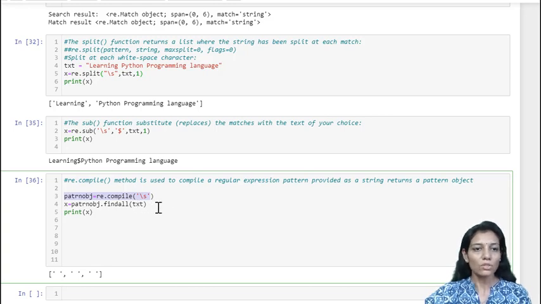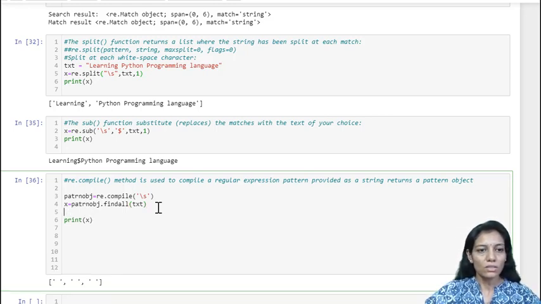Now the actual application of this compile is where you need to reuse the same pattern again and again on different strings. So here I'm using something similar.